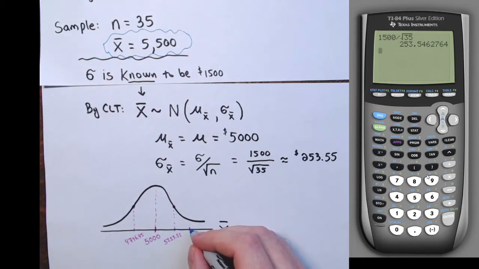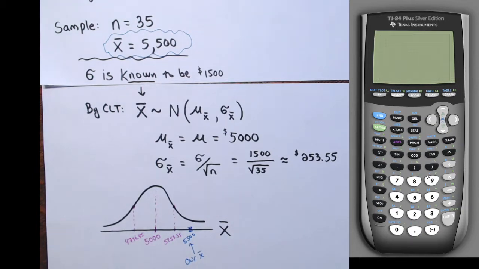So that's over here somewhere. Mark it with a star. There's $5,500, our x bar, our sample mean. And then the big question becomes, if we assume the population mean is 5,000, and our sample mean came up at 5,500, is that far enough away from 5,000 that I'll think 5,000